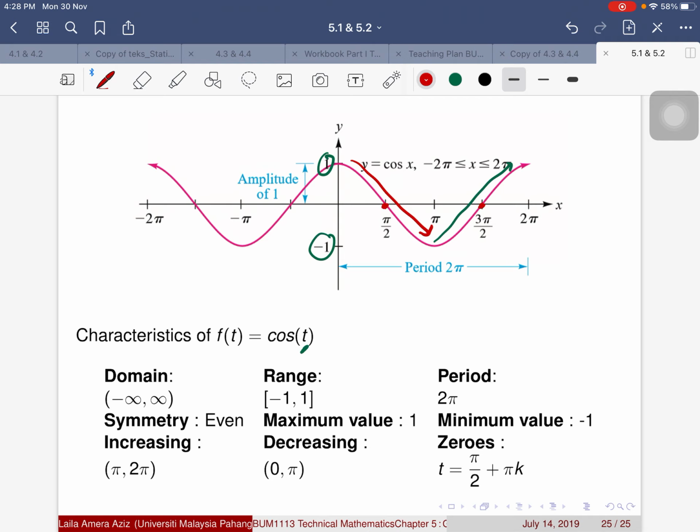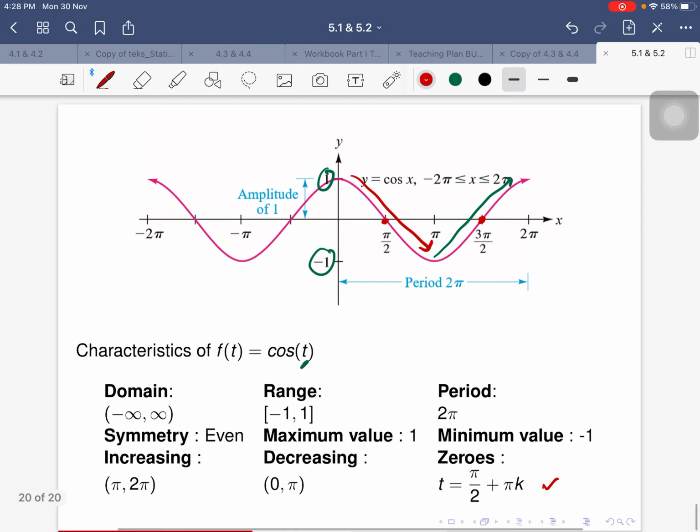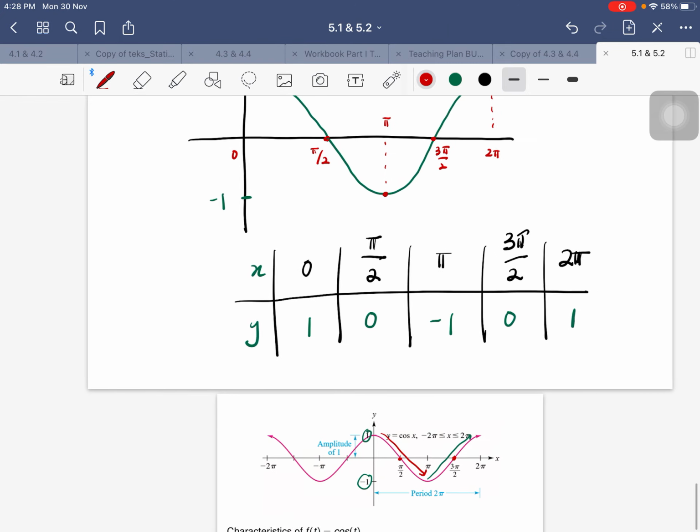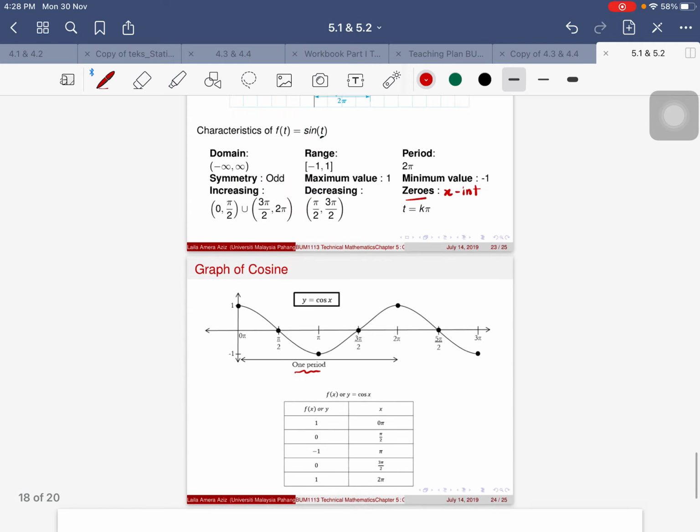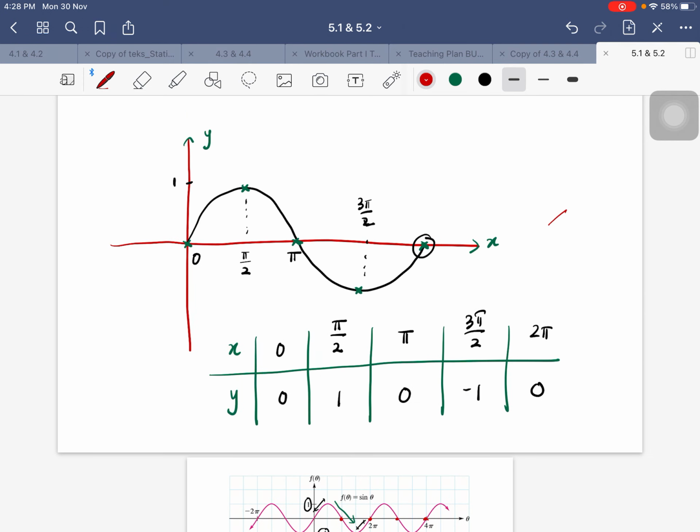And where are going to be the zeros? The zeros are going to be here. So it is at every pi over 2 plus pi k, where k is an integer. Whatever this value is, that is going to be an x-intercept on the graph. Okay, so basically those are going to be the characteristics of sine and cosine that you have to know. And do you have to know how to sketch this? Yes. You have to know the basics of this very well, which is this one and also this one right here. So please bear that in mind, because later we are going to extend the idea a little bit more and you have to be very